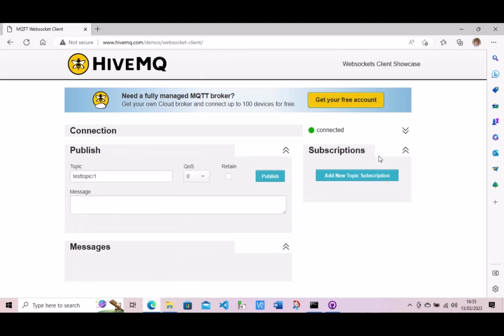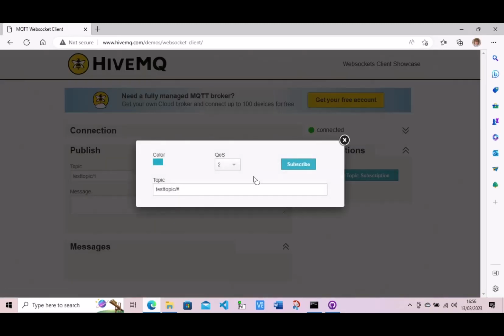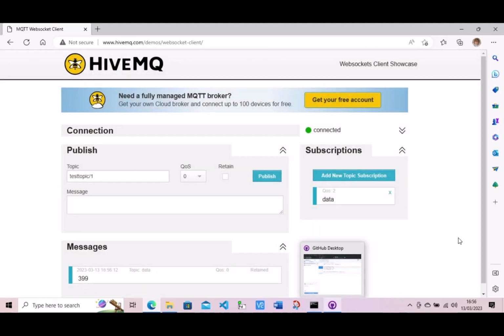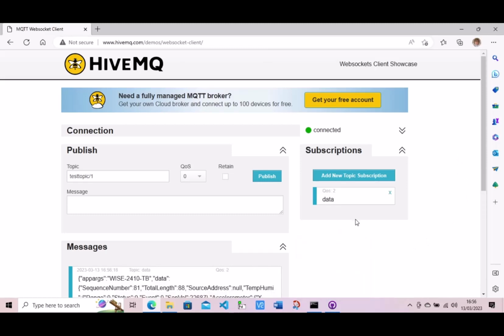And so what I've got now is a situation where I can subscribe to topics, and I can add a topic called, I don't know, data. Why not call it data? And subscribe to that and see what happens. And so there's data, and it should start showing me. There you go. We've got stuff coming in, and if I start this running, there you go.